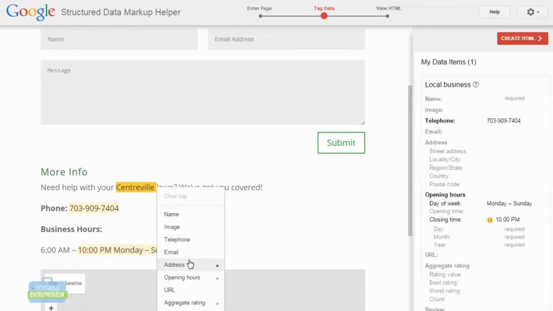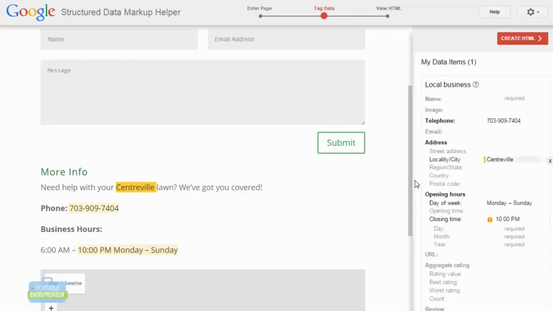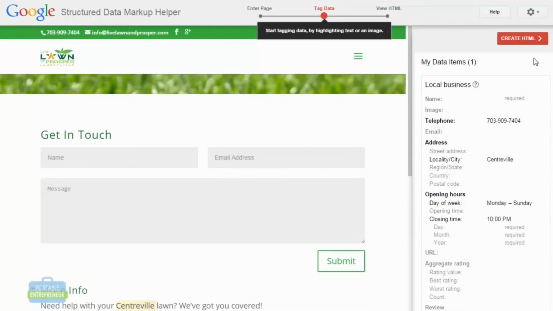Now I can also select my area here. I'll select that this is the city. Now if you have any of this other information here, this is where you can go ahead and highlight that as well. Now I can click on Create HTML, and you'll see here that anything that is highlighted in yellow